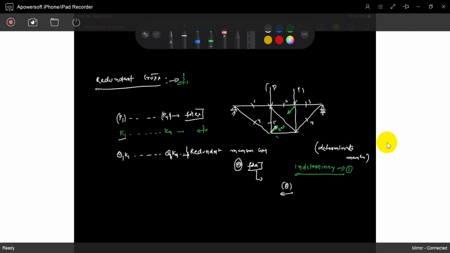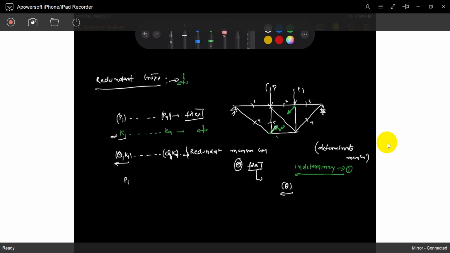We have to find out every member force in a redundant truss. That redundant member we take as one member, you can take anything. So first we applied a unit force in the direction of the redundant member and calculated the K forces. We assume that the redundant member has a Q force, compression or tension, anything. So if the redundant member has Q force, every member has Q K. Every member without the redundant has P1. With the redundant applied, Q K1 force is there.